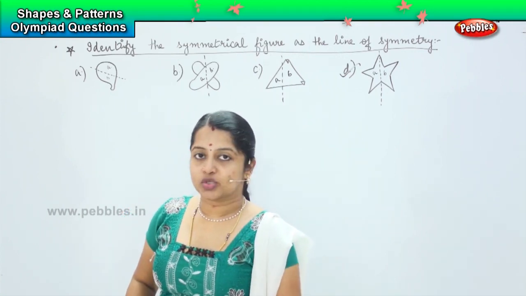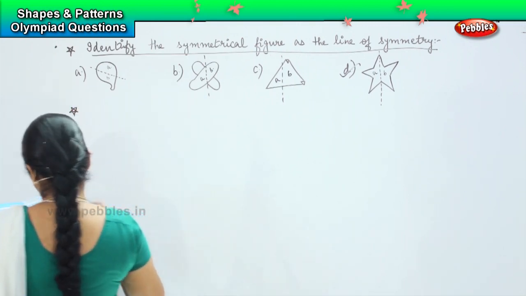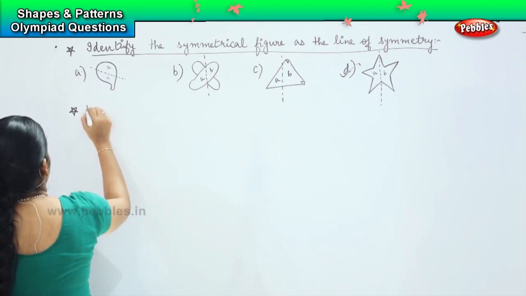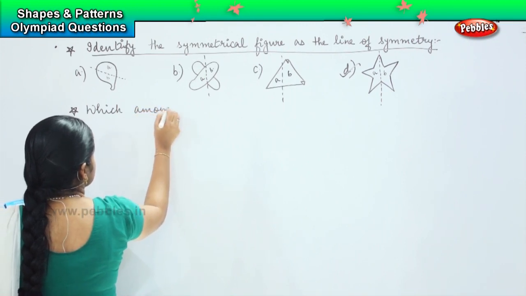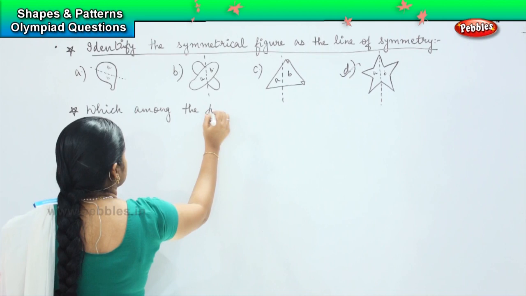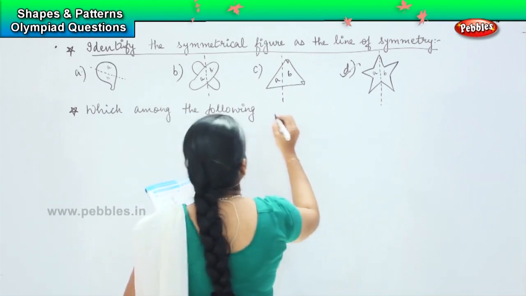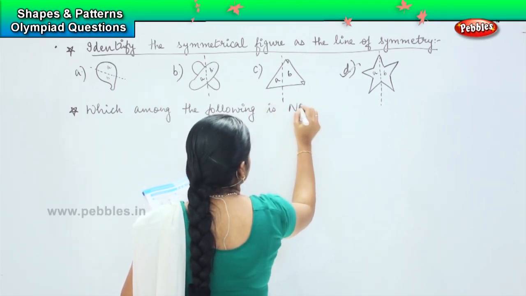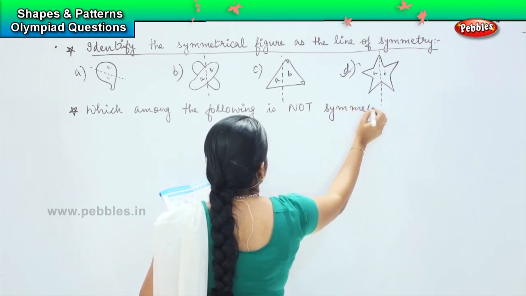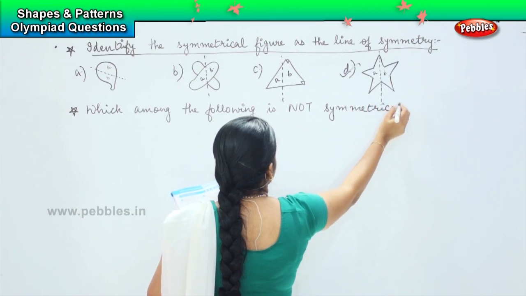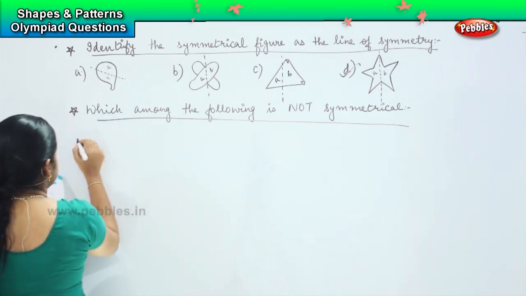Here is your next question. The next question says, which among the following is not symmetrical? So in the earlier question, we had to identify which of them was symmetrical. Okay. And in this question, you will identify which of them is not symmetrical. The options given here are